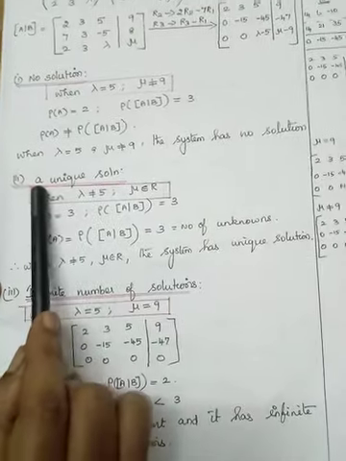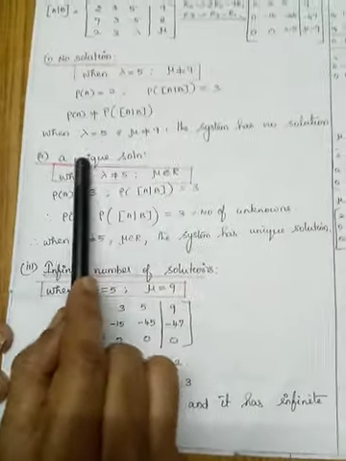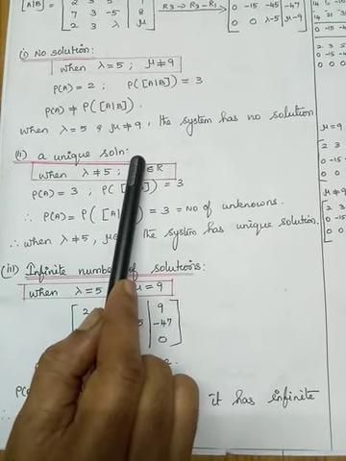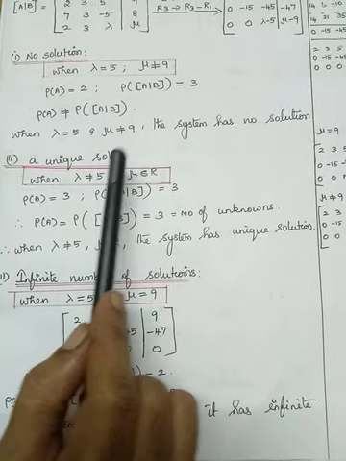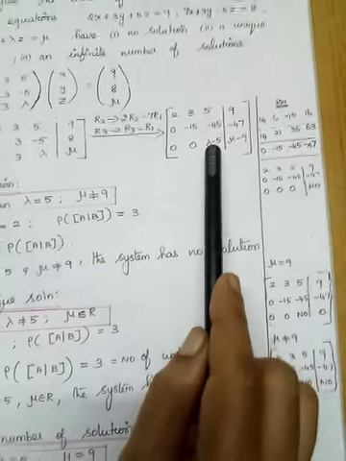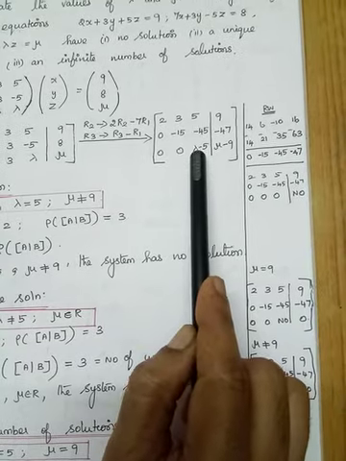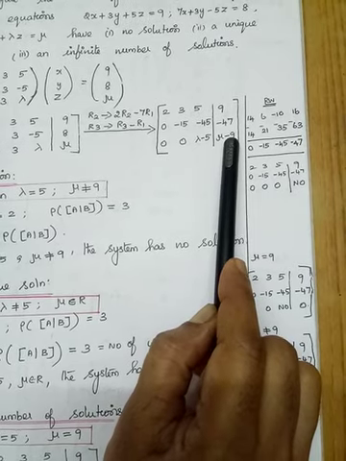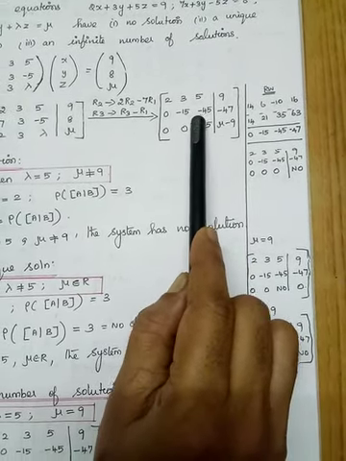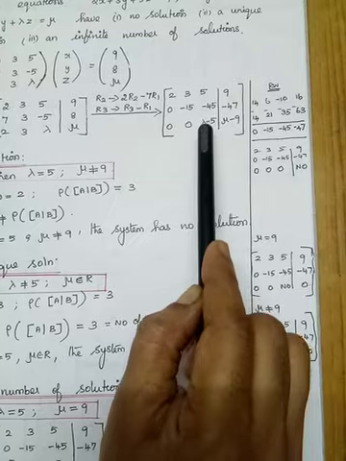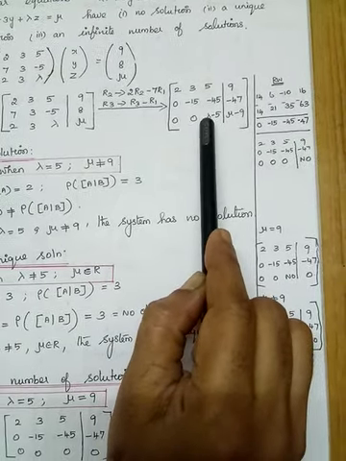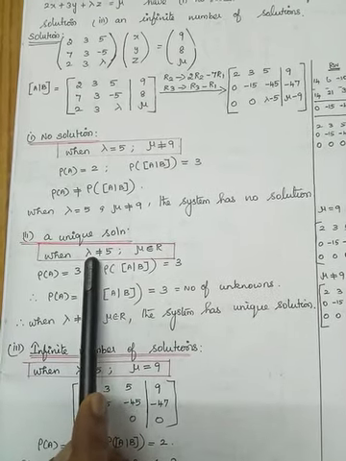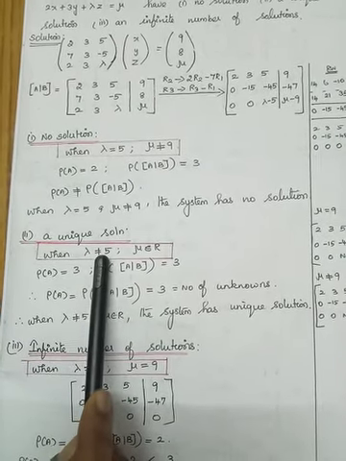So next, we are moving to the unique solution. When you have the unique solution, the condition is rank of A is equal to rank of [A|B] is equal to the number of unknowns. Okay, come to the echelon form. Here you should have a number. If you have a number here, the whole row is considered to be a non-zero row. So if you have a number, your lambda should not be equal to 5.